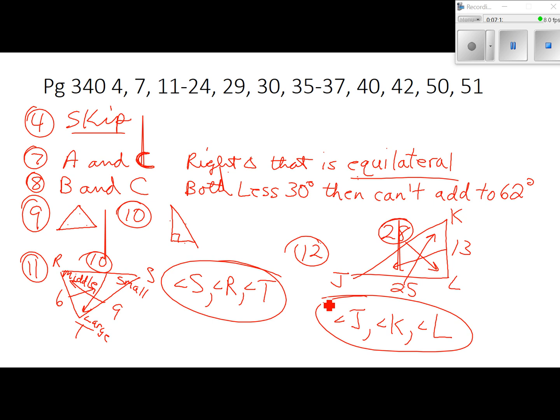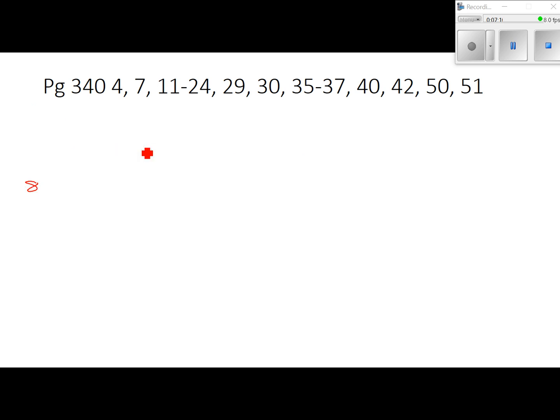Number 13 does the same thing. It's just using the angles instead of the sides. So number 13. I'm probably gonna skip a couple of these because you can figure them out. I'll do 13, then I'll probably do like 16 or something. So 13. They tell us that this angle is 67 degrees, this angle is 62 degrees, and this angle is 51 degrees,